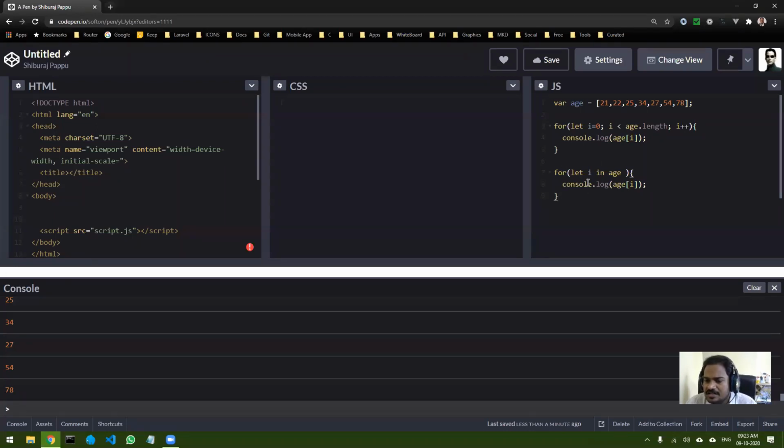There is nothing called i plus plus because you're not incrementing the index, you are just getting the index. In this particular case, because we have not mentioned any index, the index starts from 0 1 2 3 like that. The next part is going to be objects, where you will see how to specify the index also. We will be using this to iterate over that also. So there is no i plus plus going on over here. It is just taking the index and giving you back the index.